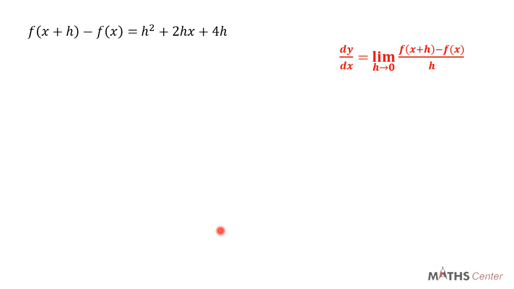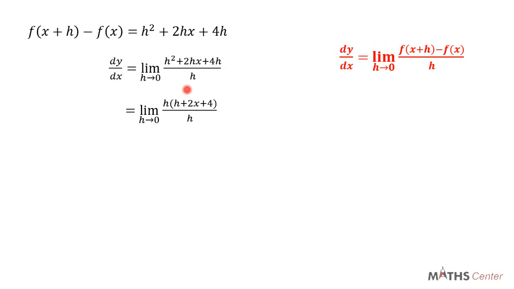Now we can find the dy dx. The dy dx will be equal to the limit as h approaches 0. The numerator we had, h squared plus 2hx plus 4h, divided by h. We can see h is a common factor on both the numerator and denominator, so we can factor it out on the numerator so that we can cancel. When you do that, you have h into bracket h plus 2x plus 4. Now h and h should be gone,